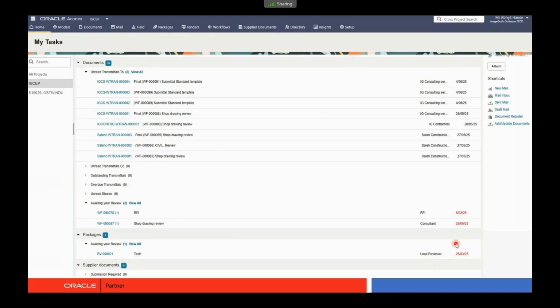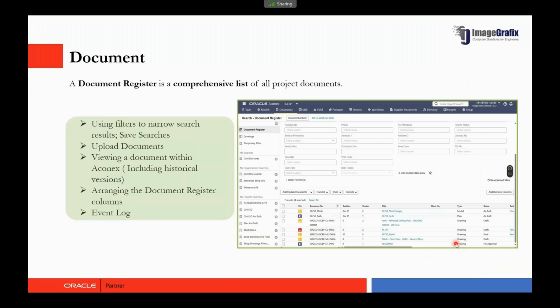So this is the home page of Aconex. Once you log into Aconex, the homepage will appear like this, where you will be able to see all the project progress and all the details. One by one, we will cover all the core modules of Aconex. First, we will go through the Aconex document module, which is the